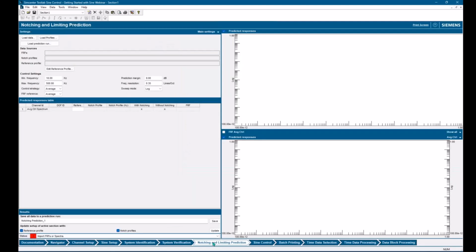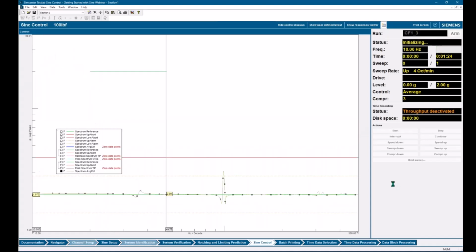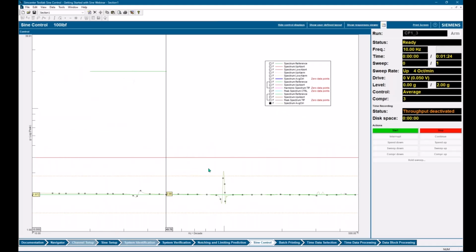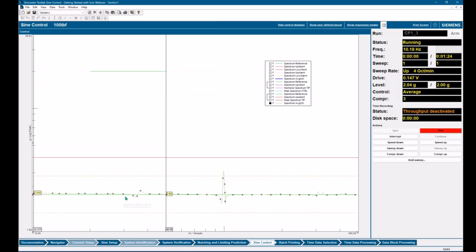So let's go ahead and run that test with a notch. And again, what that's doing is reducing the overall vibration level at the response location. And there's going to be a corresponding dip in my control there as well. Let's take a look at what happens.